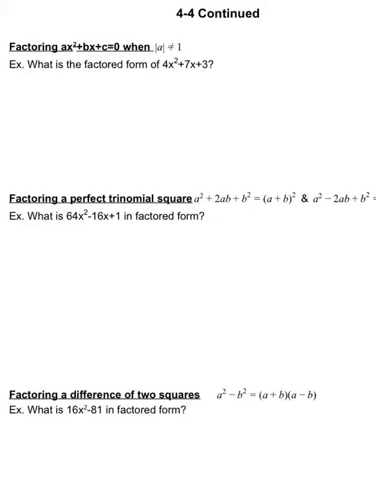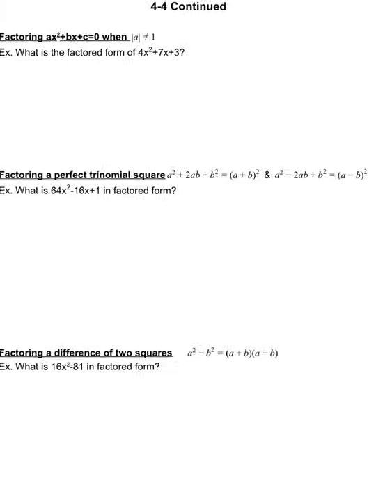Okay, so as we continue to factor trinomials, we can always use the methods that we've used before, depending on if it meets those requirements, right? A is 1, or in this previous case, the AC method when A wasn't 1. But what we're going to do now is look at special cases. So as you can see here, some of the special cases might be factoring a perfect trinomial square,